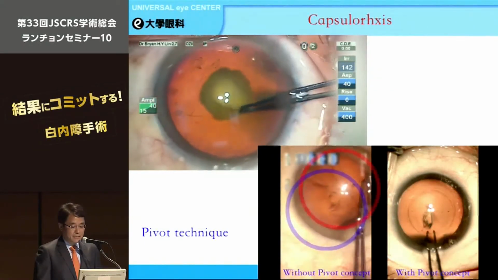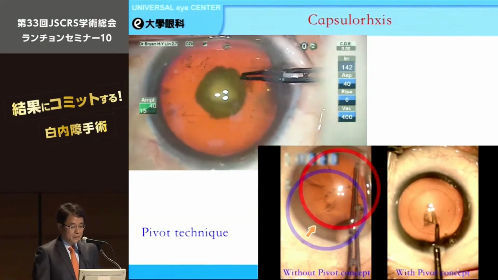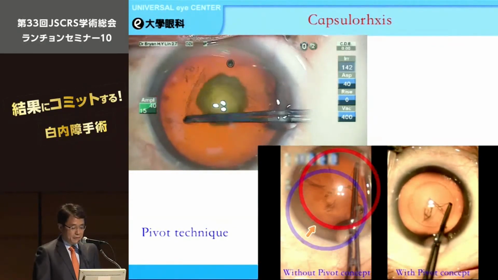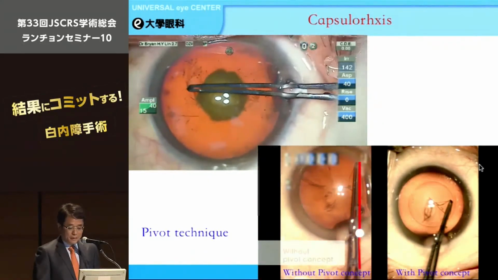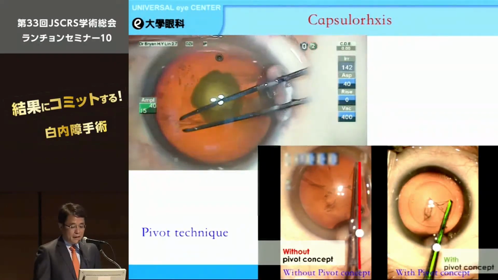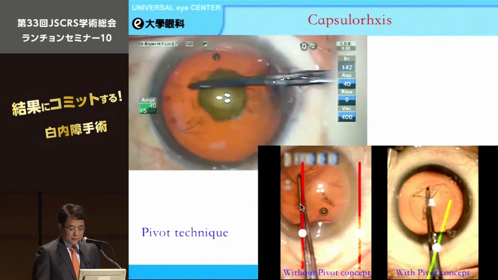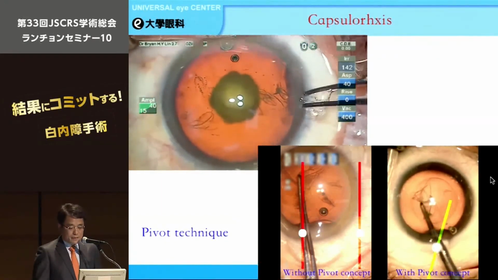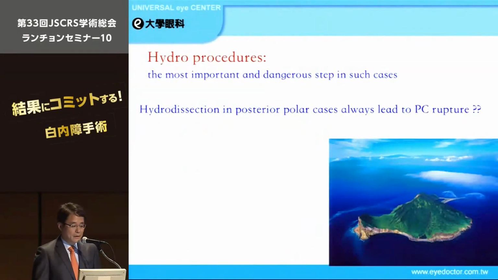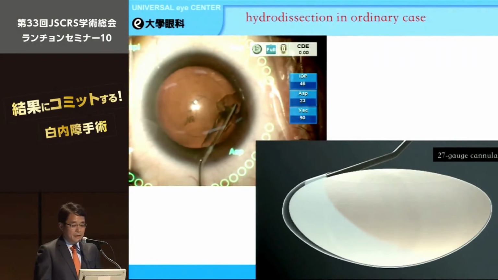especially in complicated cataract surgery. I always emphasize the pivot concept. From this video, we can see obvious differences between without the pivot concept and with the pivot concept. No doubt, the hydro procedure is the most important and dangerous step in such cases. Many surgeons consider hydrodissection in posterior polar cases always leads to PC rupture. Is that true? This is my ordinary